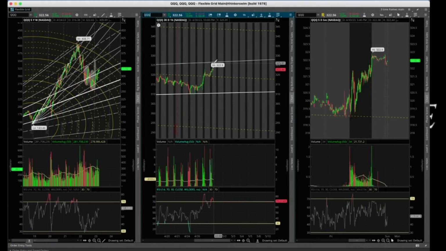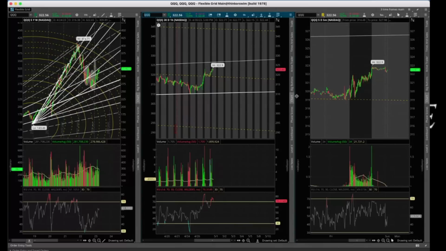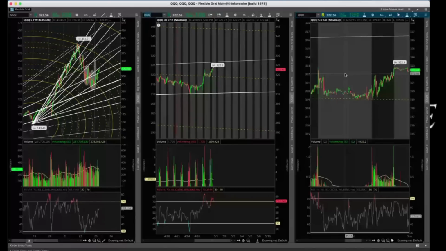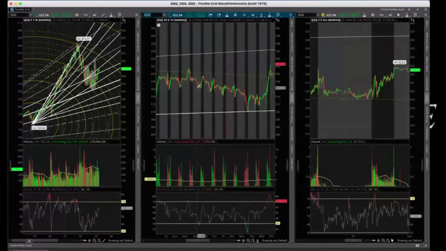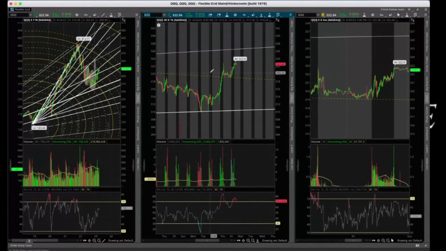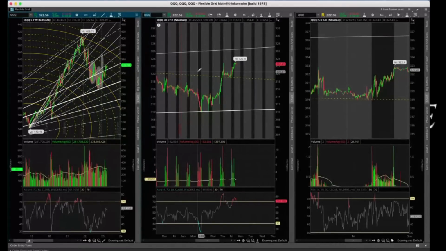Everything in my charts align with each other. If someone was like, hey Esther, can you show me your chart on QQQ? Do you see how easy trading would have been this week? Right? It's already there for you. This all is calculated based on algos. I already did this years ago, so just ask me for the chart.